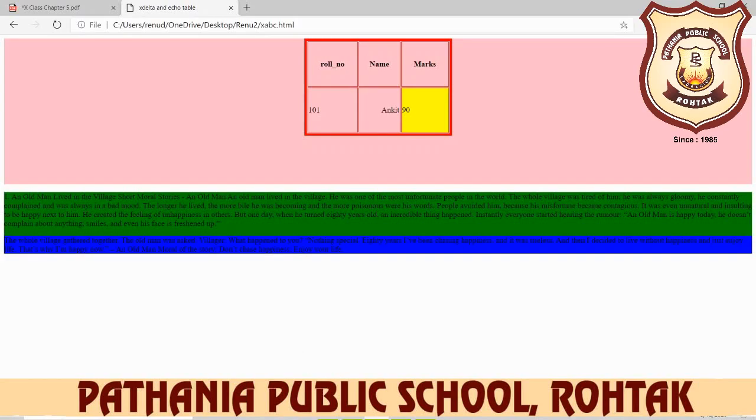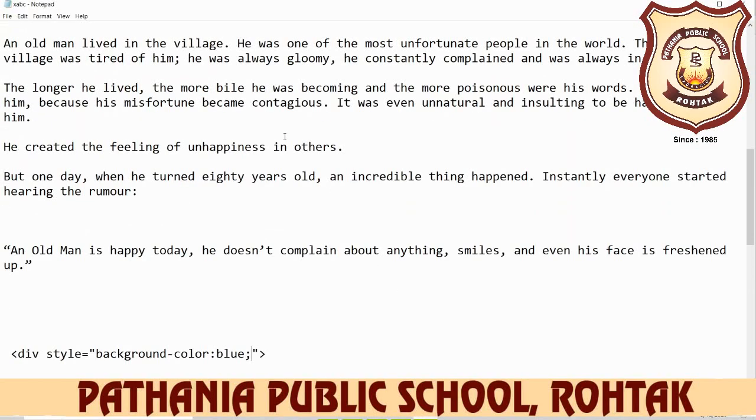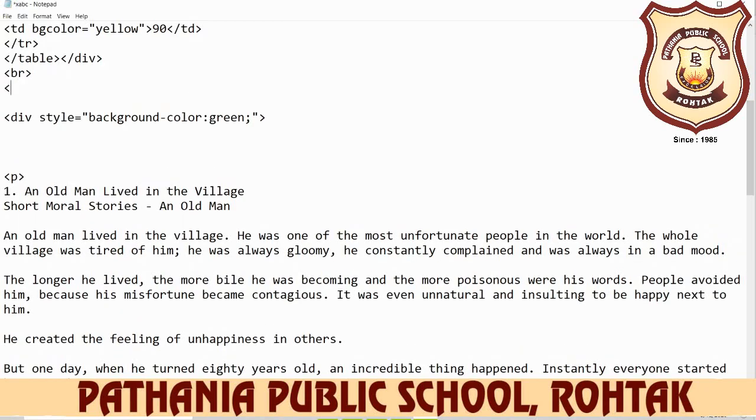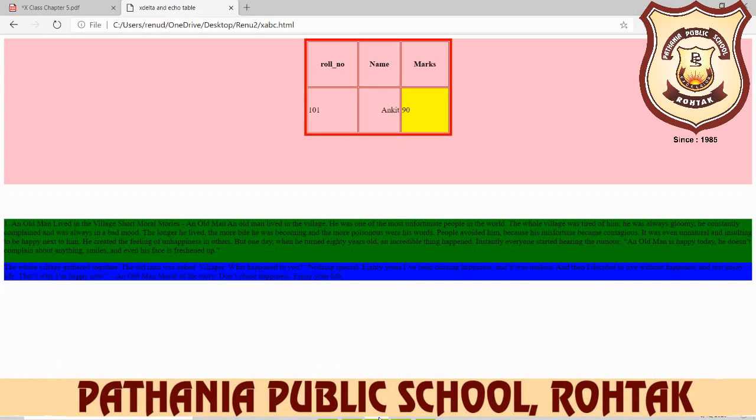And one more thing we do here, we use the br tag between these. So you write down here br, again you write down here br, again br, now again you save it, open your browser and now you see again. So after the table space is given, same like that.